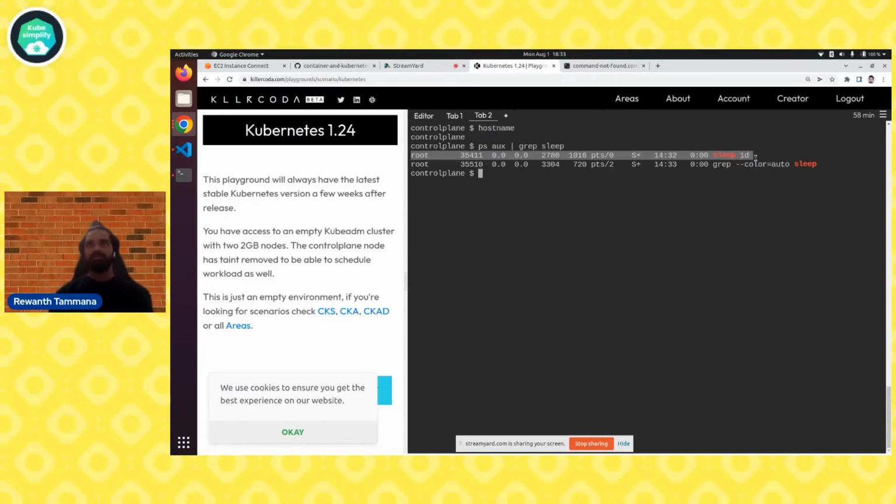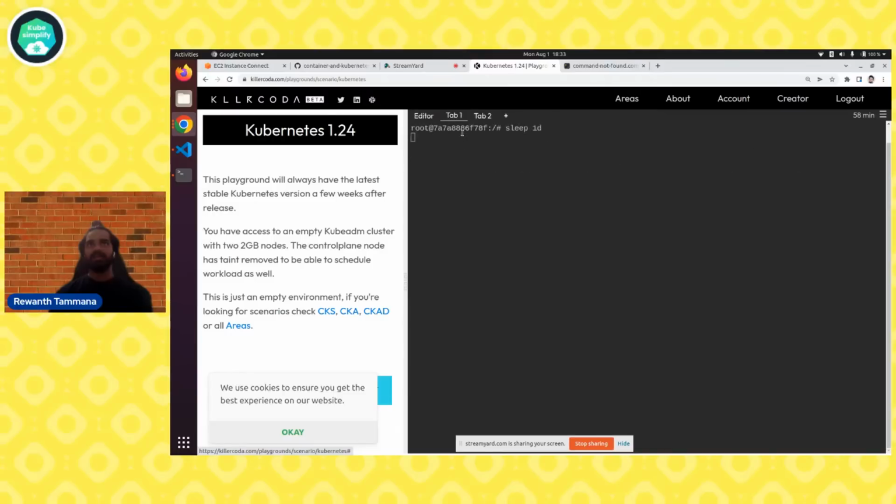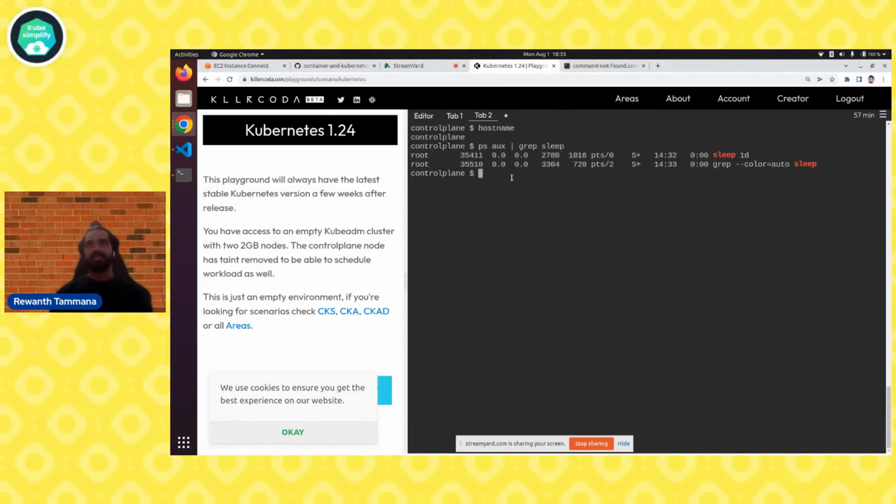So if you see here, sleep one day, this is the command we executed within the container, but we are able to access it from the host machine directly. So now if you see, this is the process ID that is given to that. So now what we can do is,